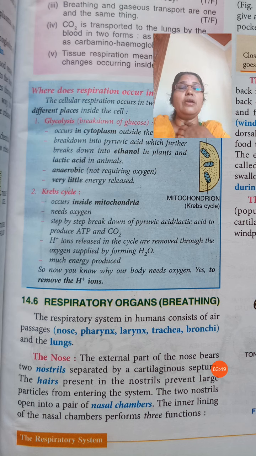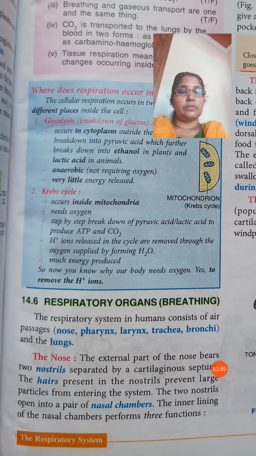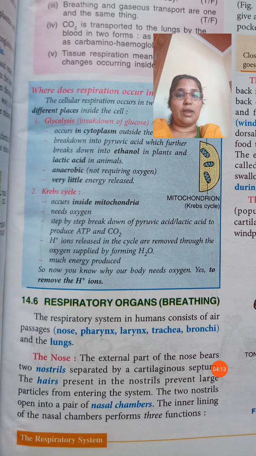In males you can see a bulged part here in the throat region. There is a bulged part, that is the larynx or the voice box. Then the trachea. Trachea is the windpipe. Bronchi, when the trachea divides into two, those are the bronchi. Then again it will divide into bronchioles, finally to reach the lungs.